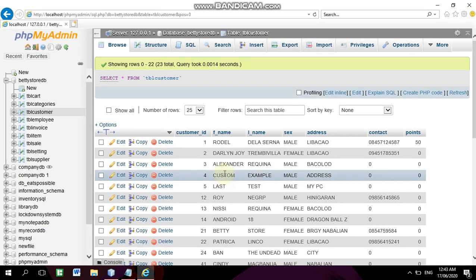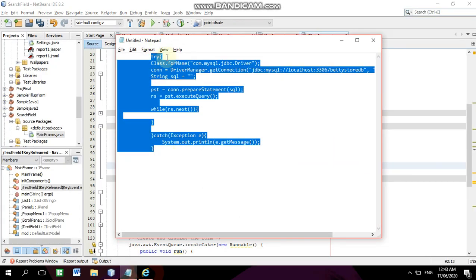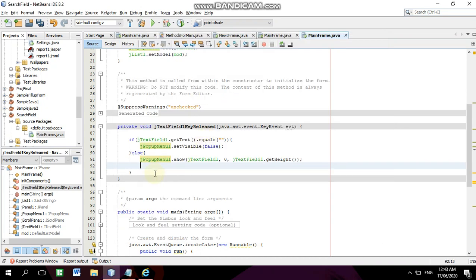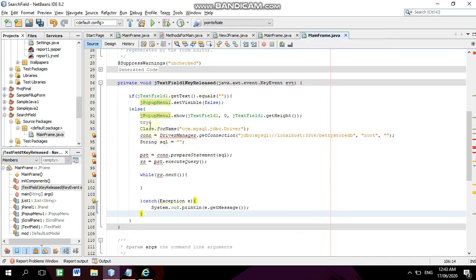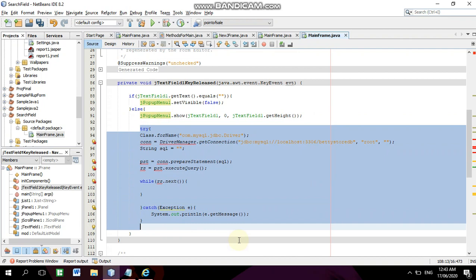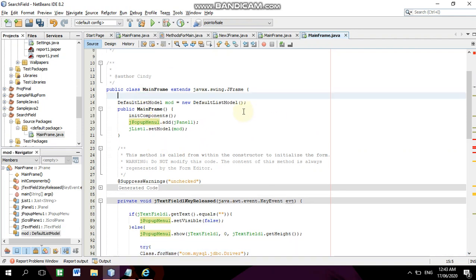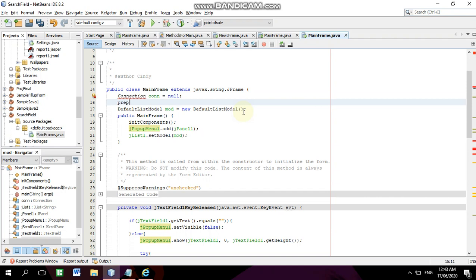Here I have the code already copied. This code is literally the code to connect to our database. So I'm going to paste it here, and this is the result. This is the code. You can pause it and try to examine it. After that we have to add the three main components to connect our database. First, the connection, equals null, and the prepared statement, st is equal to